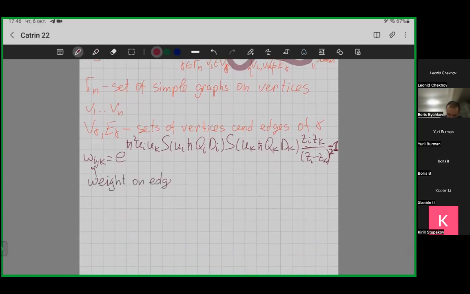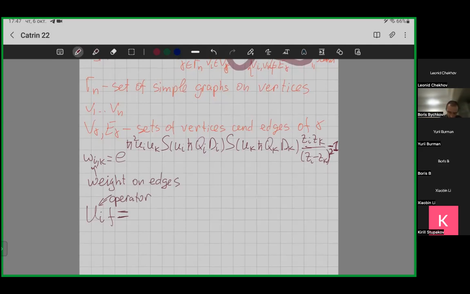on edges, yes, and it's an operator U, and I should denote these capital S guys and this Q and D guys. It's not very hard, but it takes time. And capital U is also some operator, which is quite huge. But it turns out that it's possible to work with these equations,